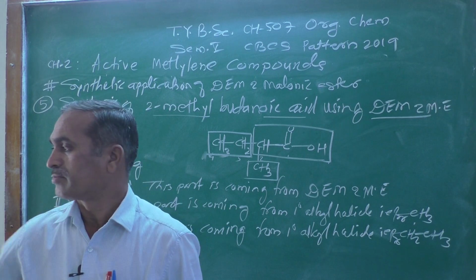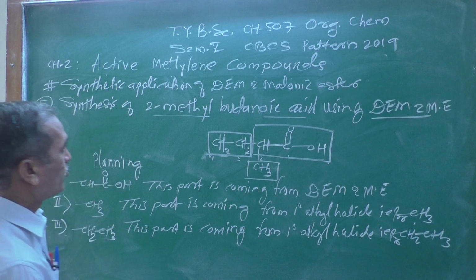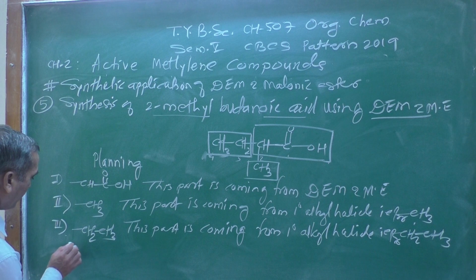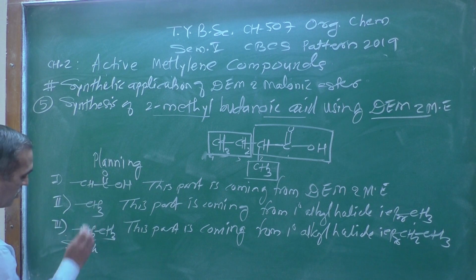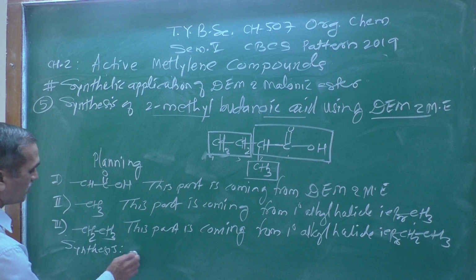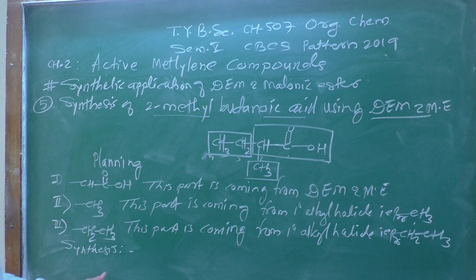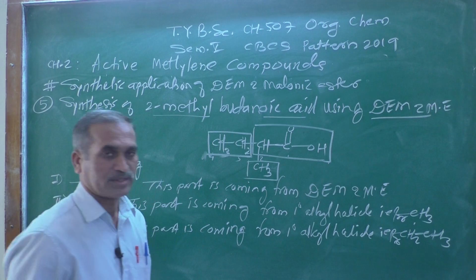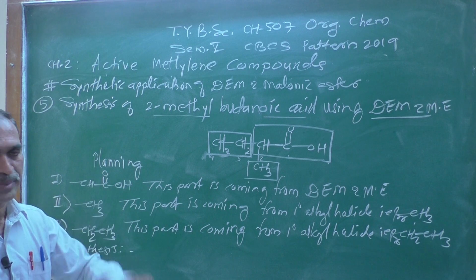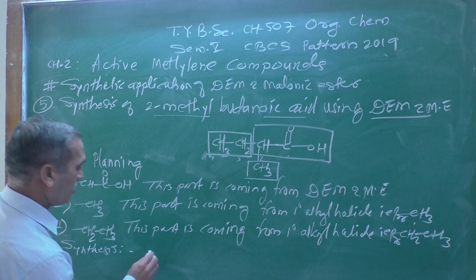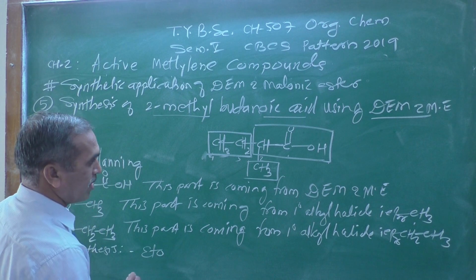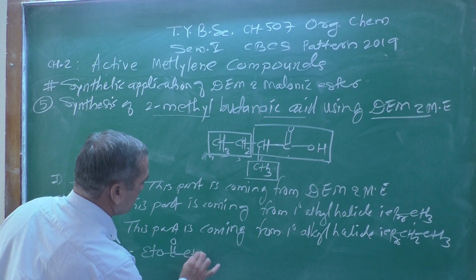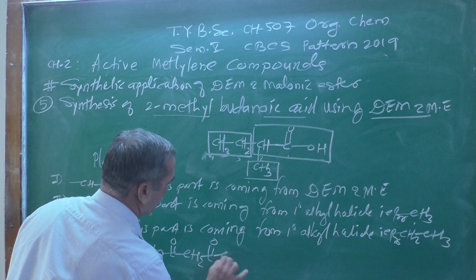And now, what is the next point required here? The next point required will be synthesis. This is the essential part, synthesis. Essentially, what you need here is the structure of the starting material, or the substrate, or the precursor, and you know that the structure of malonic ester is Et, C double bond O, CH2, C double bond O, OEt.